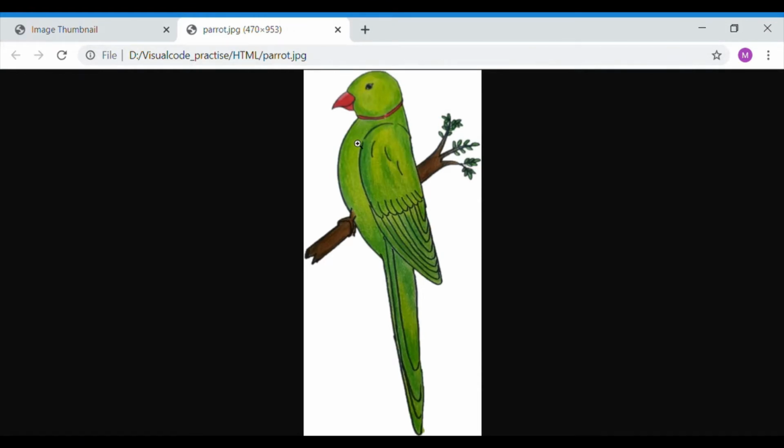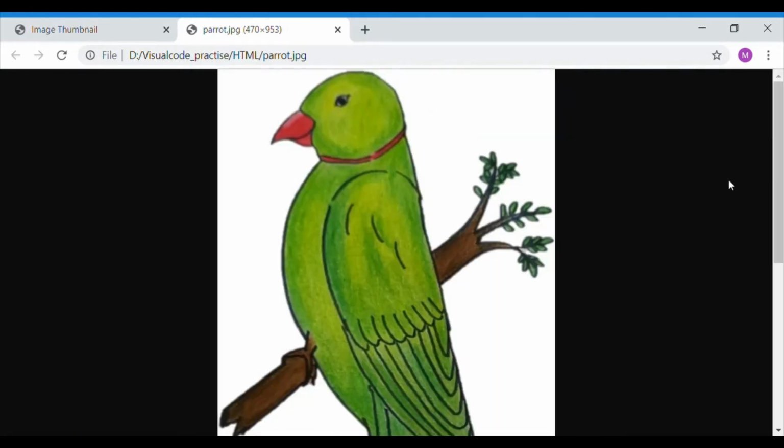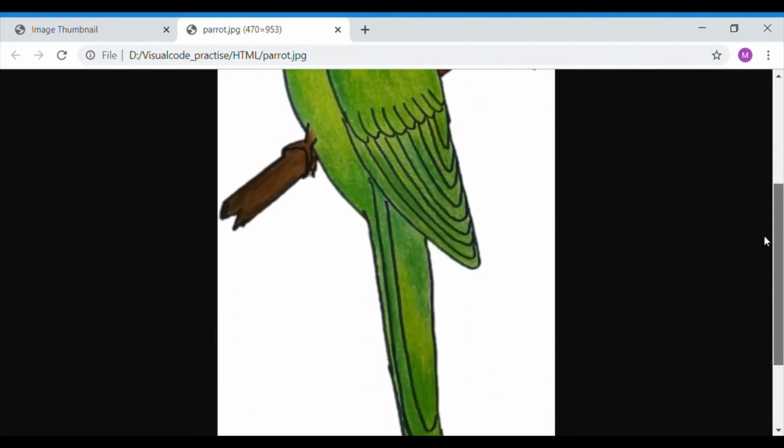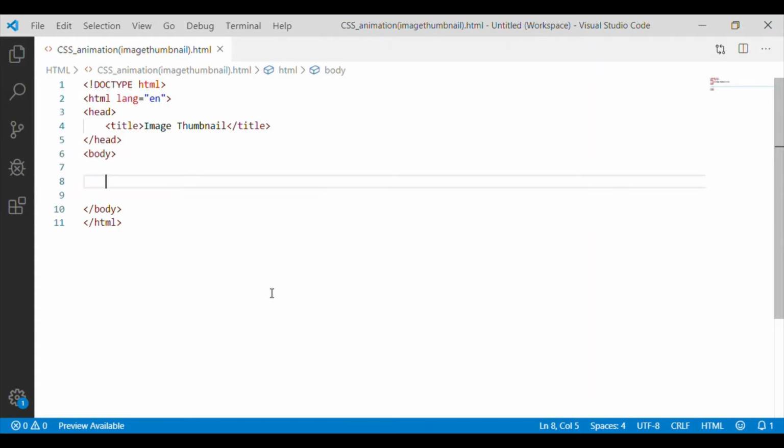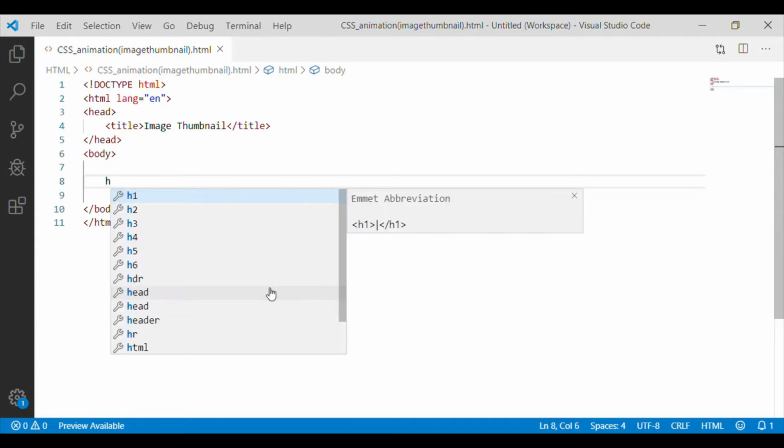When we click on the image, the new tab will show the image which can be zoomed in or zoomed out. So image thumbnail has a link which on clicking it opens a new page which is a full image.